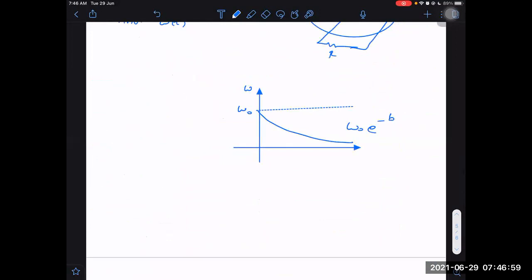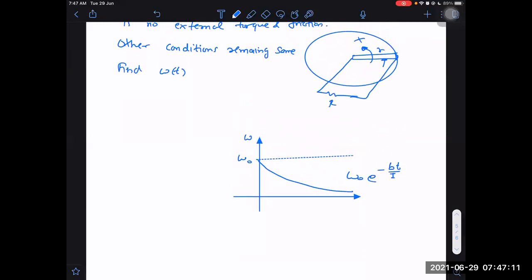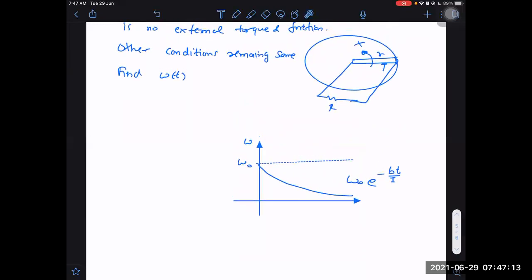Sir, when we are not applying an external torque, which one will change the angular speed omega? The magnetic torque will retard it, right? Yes, sir, it opposes that external torque. There is no external torque now, but omega is decreasing. It will decrease on its own because energy will be dissipated in the resistance. Understood?